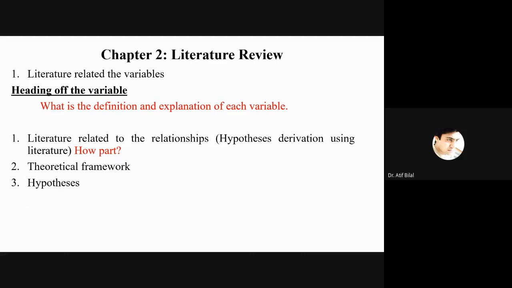The first portion is what you know about your variables. For example, if you have a framework like this, and there are three variables involved, you need to have a good idea about your variables. I call it the what part of the literature review. You're not going to give these headings as what part and how part,